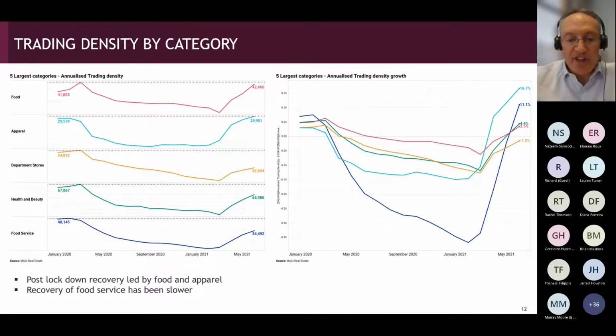Again, both of these graphs are MSCI graphs, and really the point that I wanted to make here is that the post-lockdown recovery was led by food and apparel. You can see that on the graph on the left, where we're seeing food in red and apparel in blue. It's not to say that every retailer in apparel had recovered. I think definitely in apparel, we're seeing that your value fashion retailers led the recovery. And that is because they have a relatively big weighting in the apparel sector. And then on the food side, your supermarkets obviously traded well and were less impacted because of the essential nature of their